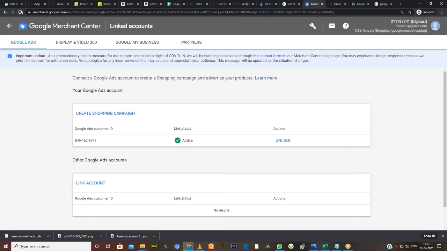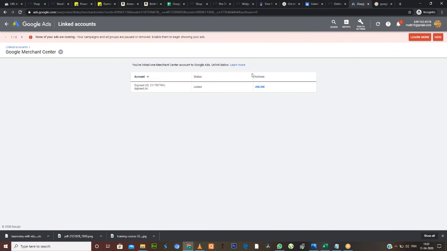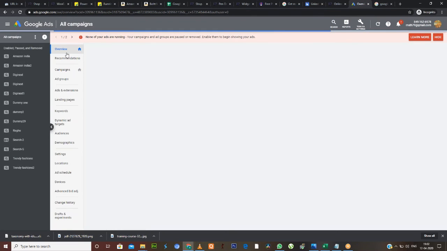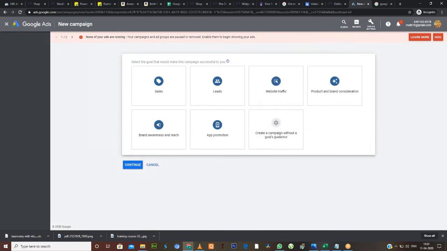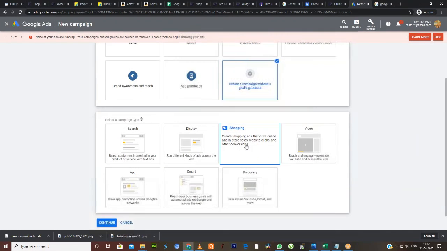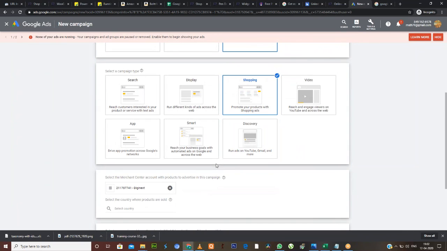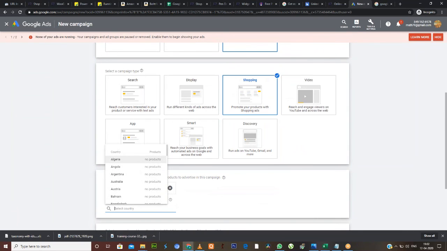So now you will be able to create your Google shopping ads. Click there and create ad now. Okay, so you can see your Google Merchant Center account ID is being shown in here now.